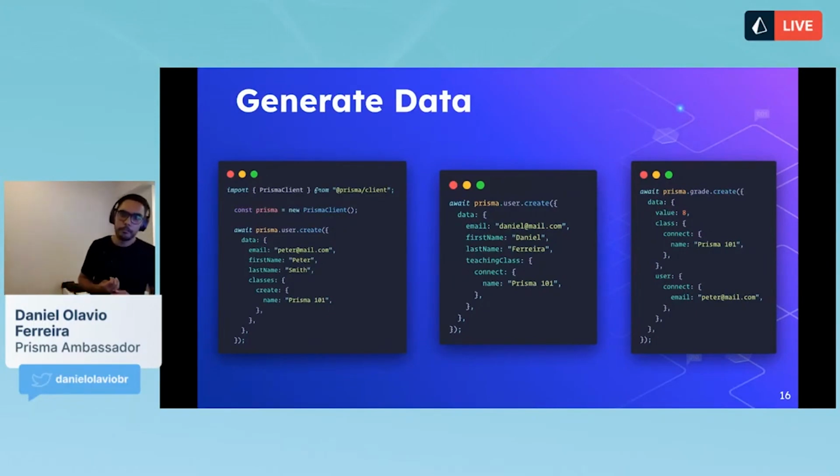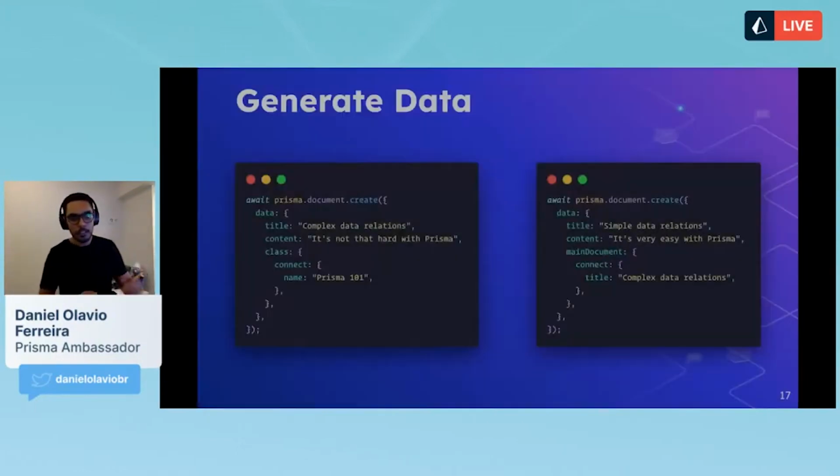And then lastly, we're going to be grading a little bit. So now we're going to say await prisma.grade, that's our table, create, and we're going to say, okay, the data is the value. So we graded the student 8. In the class, it's going to be the Prisma 101. So we're going to be connecting it to the Prisma 101 as we did before. And we're going to be connecting with a user. And again, we're going to use whatever field is tagged with the unique or the ID decorator. So in this case, remember that we use the @unique decorator for the email in the user. Here, that's why we can use it in the connect. Awesome.